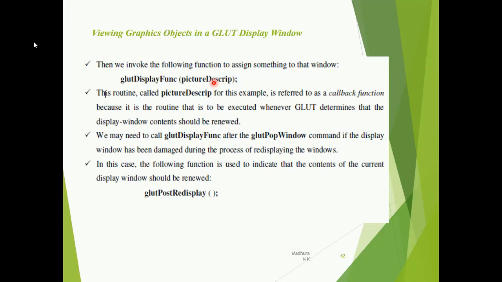That's why we need a callback function in this manner. Suppose you have called the glutPopWindow command, which is called whenever you want to bring your window to the front of your screen.